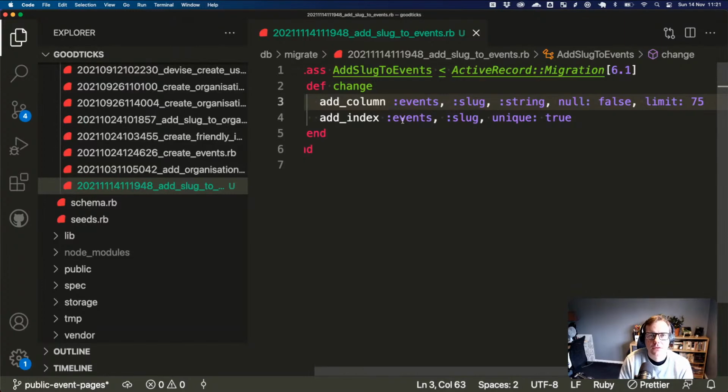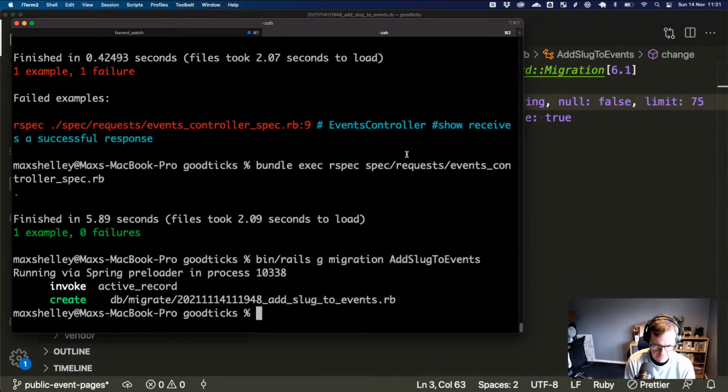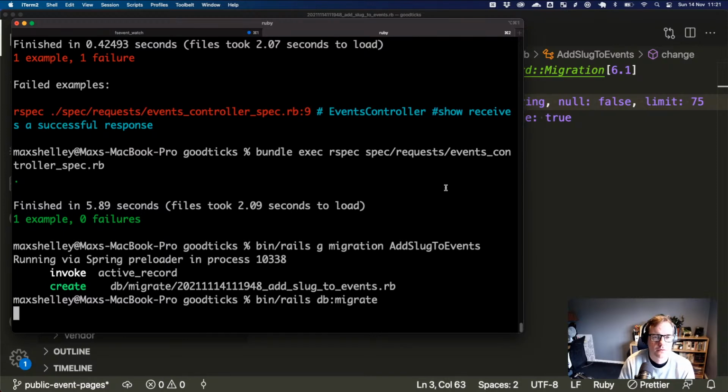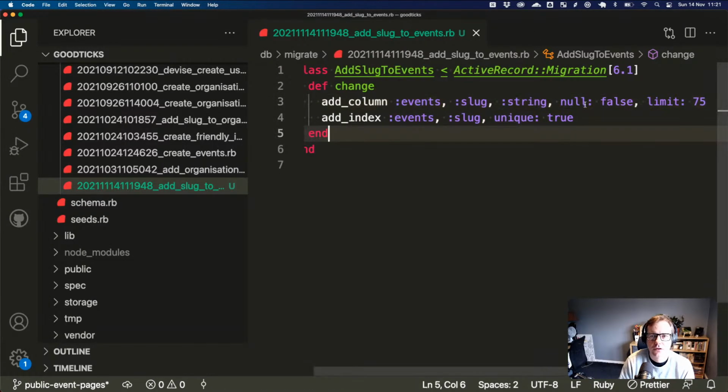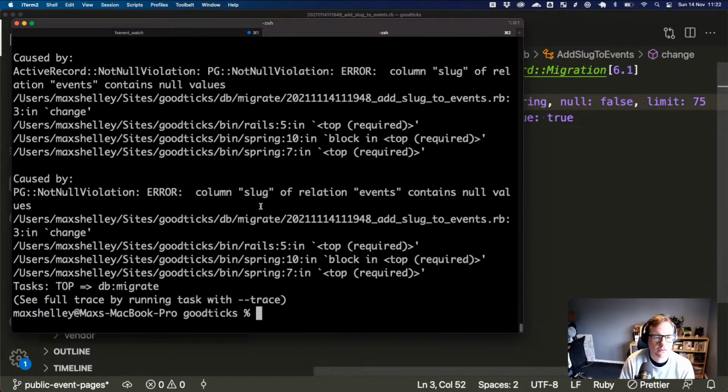I think we're good. So let's run this. We've got ones in there already.